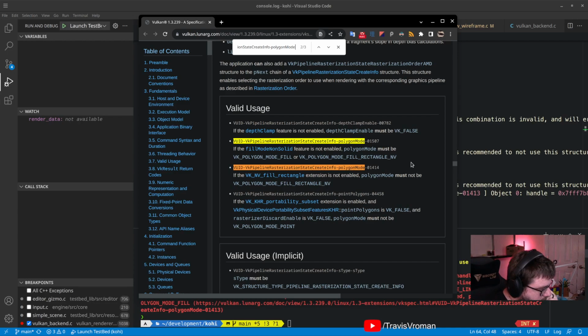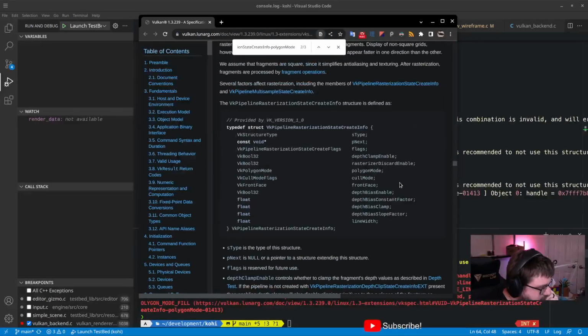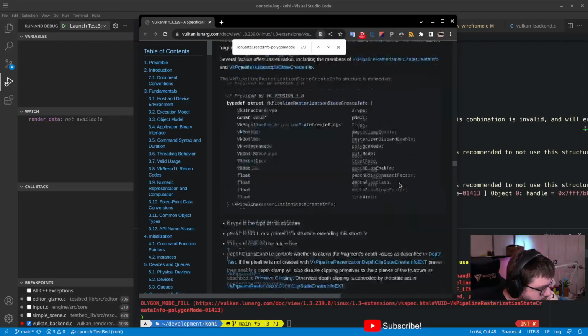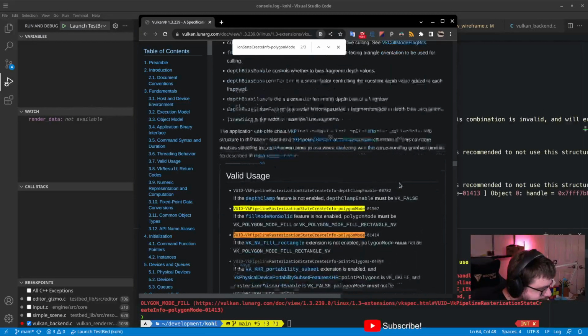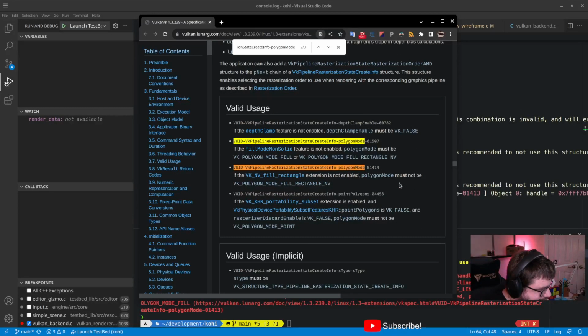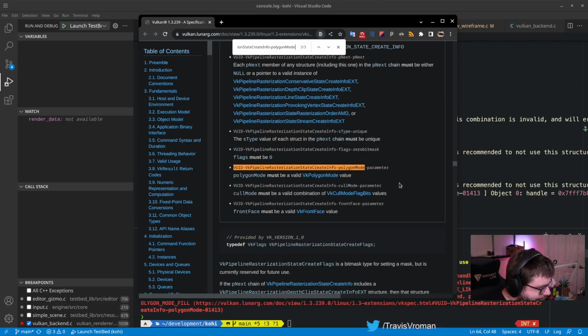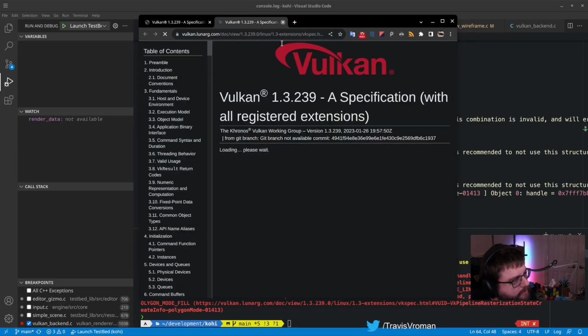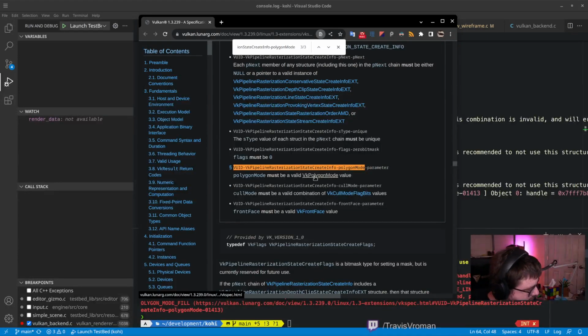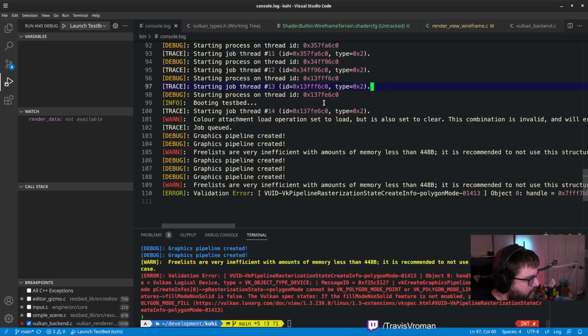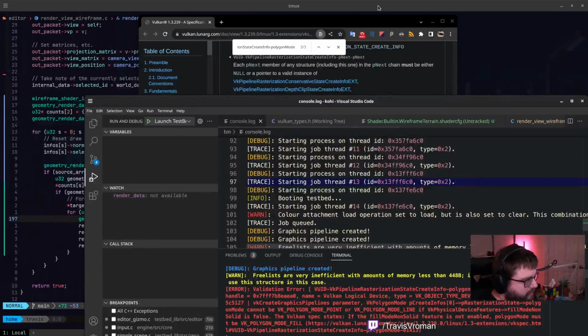Wait. Is this for an NVIDIA extension? That's dubious. VK polygon mode. Oh, it's going to load the whole thing again. Alright. Can you just take me to the broken up version of this? That would be awesome. So, I think what we're running into